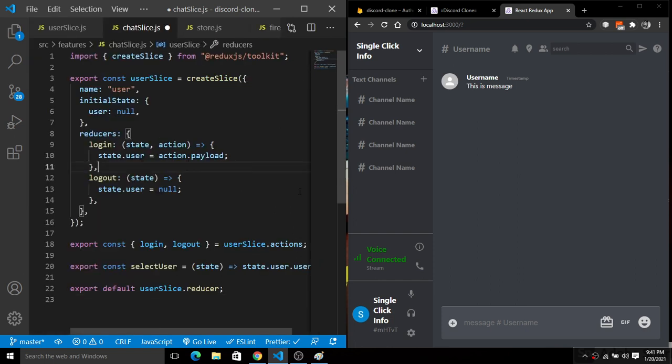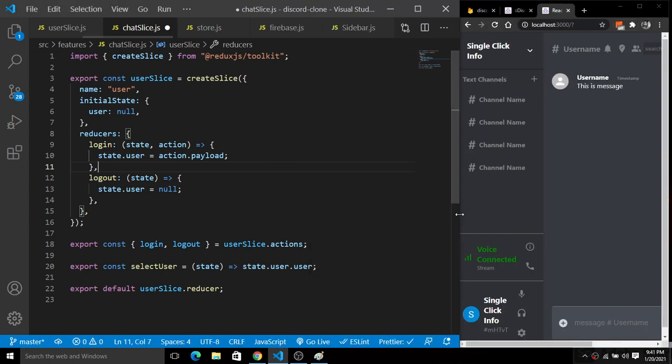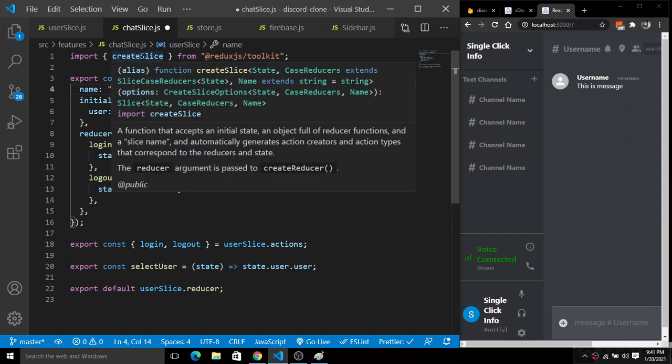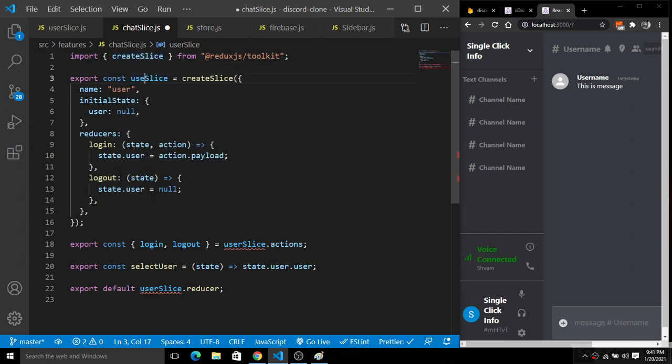Now for the chat slice, we will have a unique chat ID for a different chat name, so we will have a chat ID and the chat name. So we will create a state for chat ID and for the chat name. So it's very important stuff for the Redux stuff, so you guys just pay attention here. I am going to simply make it bigger here. So for this chat slice, I'm going to simply rename this user slice with chat slice, and rename the name here to chat.